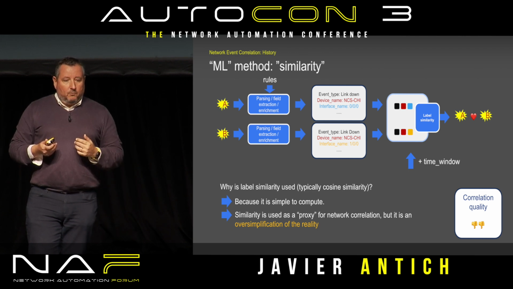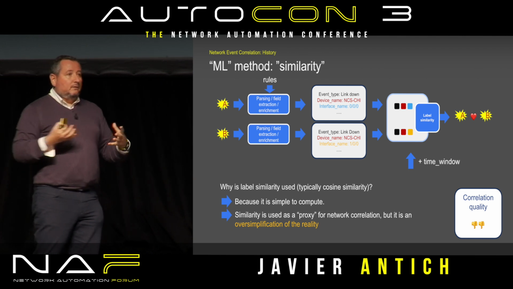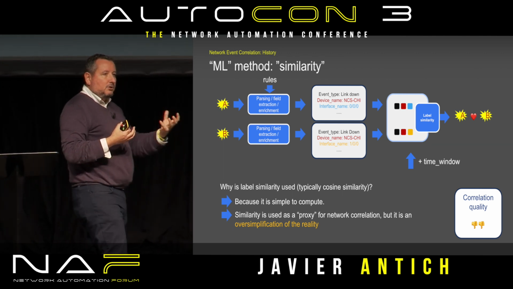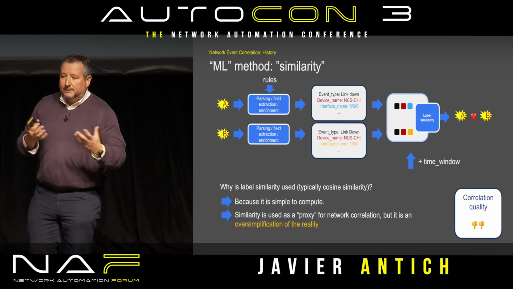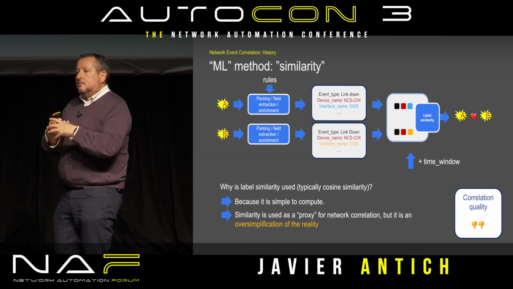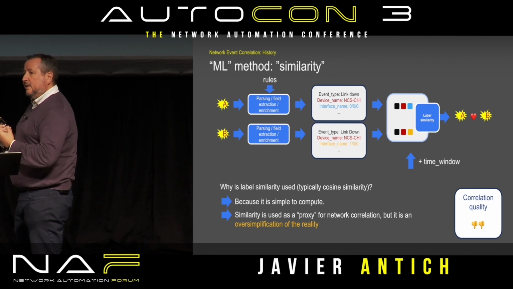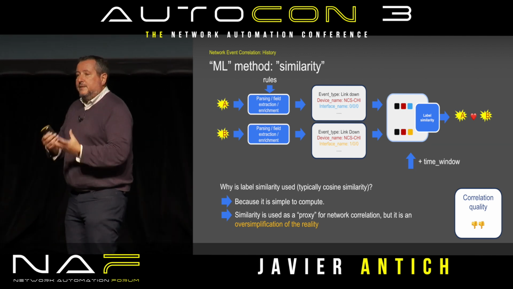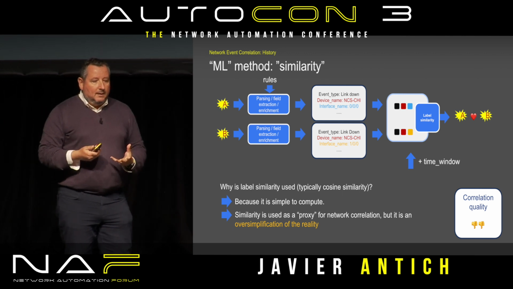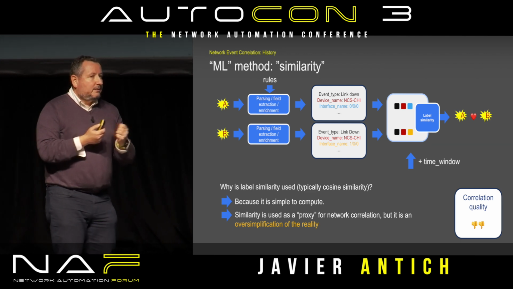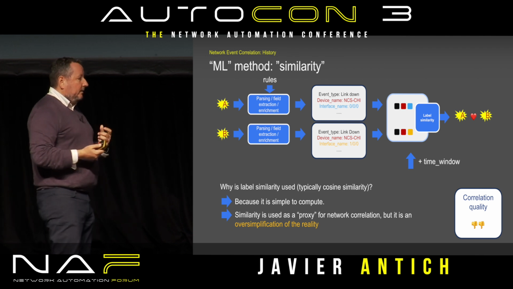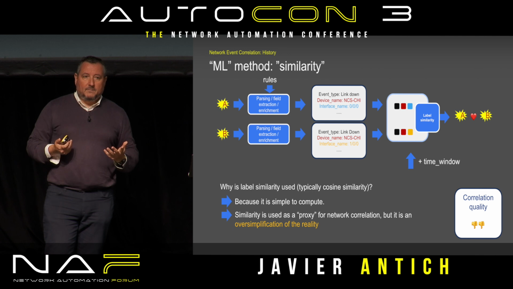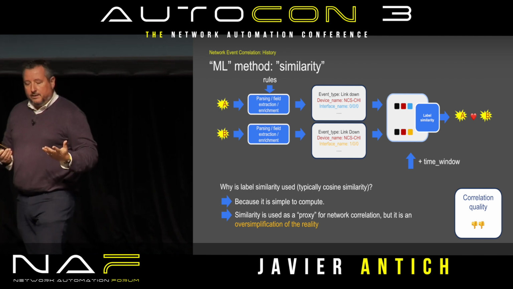Now, what you do basically is you represent those events in some form of vector, which is based on the labels, the attributes that describe that event, right, the metadata. And then you find some way to compute the similarity. And there's different types of similarity, cosine similarity or others, but that's just basically a mathematical formula that will give a number, whether the two events are similar or not. And it's sort of intuitive, right? Well, if the two events are similar, then perhaps they are correlated, right? And that's the assumption here.